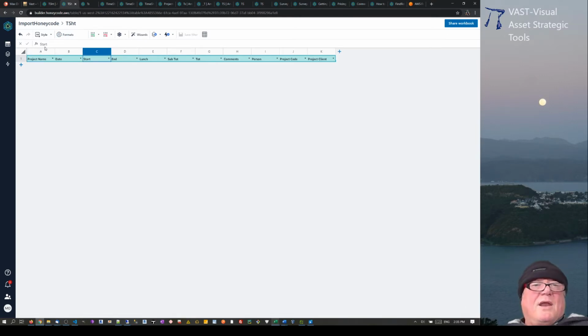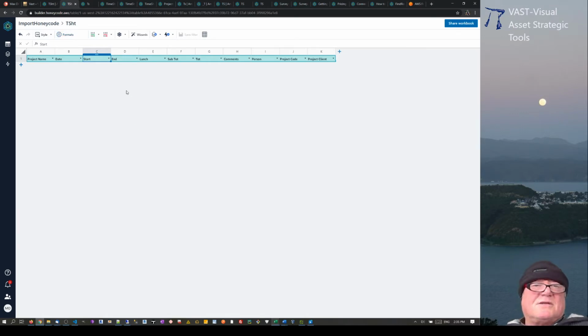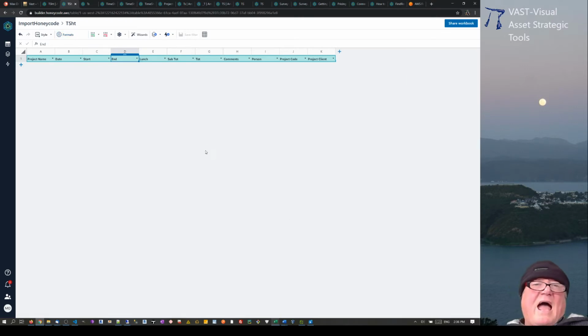So the start one, I'm actually going to go format that. I just need to do these formatting. It's not particularly educational, but never mind. You can speed up through this bit. We're going to make that time, and we're going to make it just a 24-hour number, because that allows us to do additions and subtractions and stuff later on. And so we don't want that 3 p.m., we want the 15:04 or whatever, and we only want it into